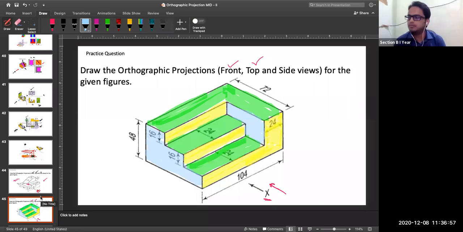If any student has any problem regarding this problem, you can ask me.